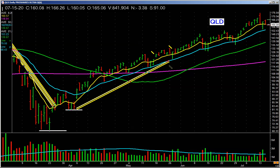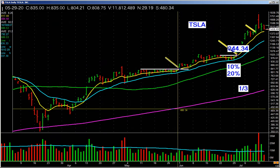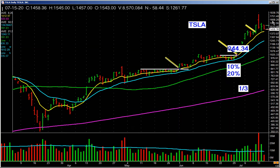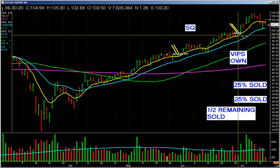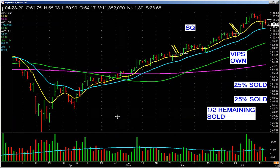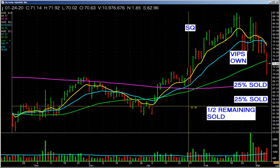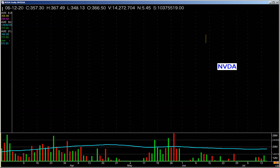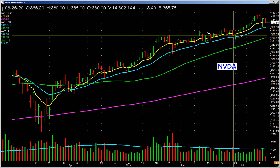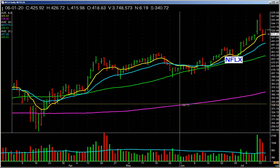And I could show you a few more probably. Let's just go down here. There's no real pullback here. Give you a couple examples. This was a small shelf, no pullback there. Square I showed you had a pullback there. All right. Earlier in the year, this had a nice pullback setup somewhere. Maybe it was right there. Possibly. I can't remember. NVIDIA pullback setup right here. Falls down to the 20-day. We discussed that. Netflix